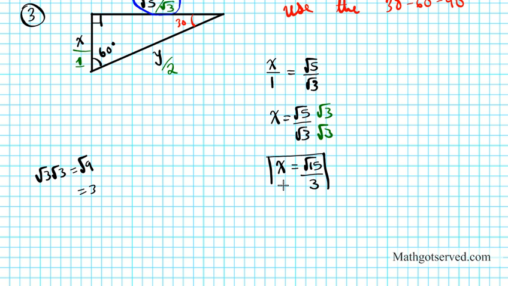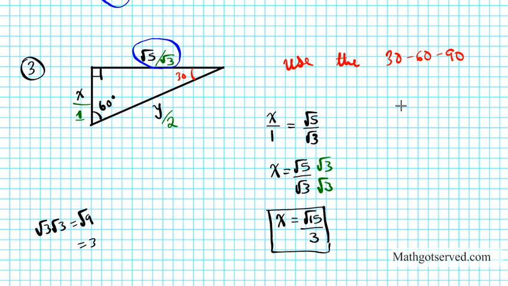Now to find the value of y, we just set up another ratio. We have y over 2 equals the side that we know the measure of, root 5 over root 3. Now to get y by itself, we need to multiply by 2 on both sides. These two 2's divide out. So we have y equals 2 root 5